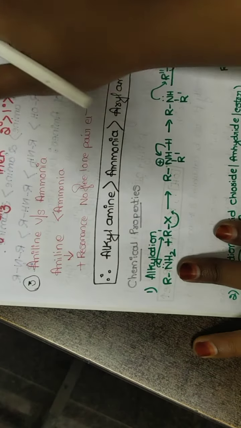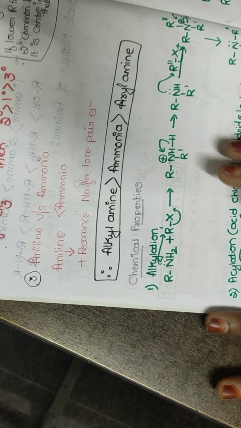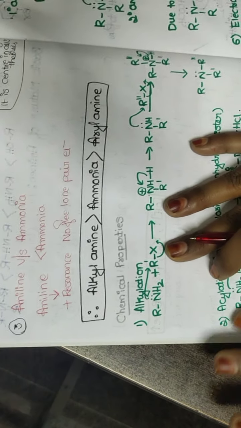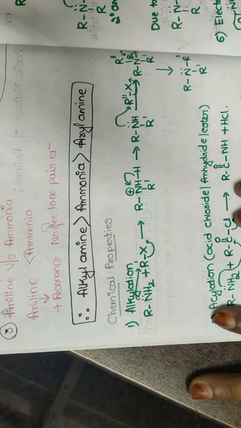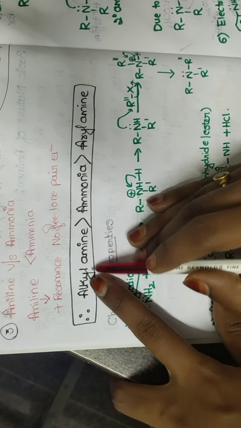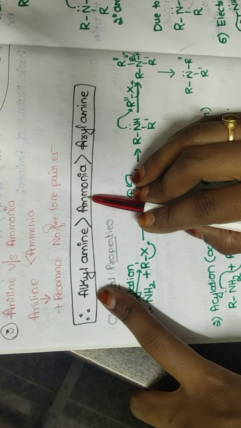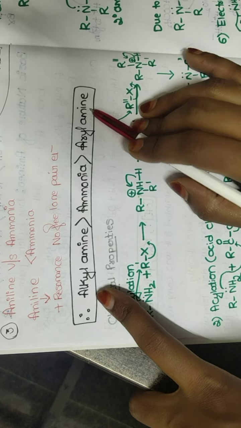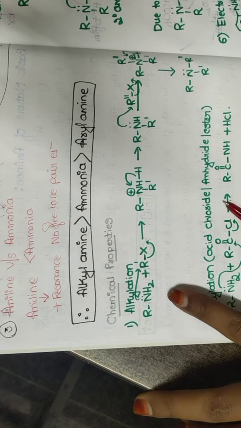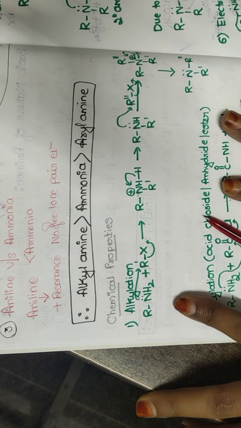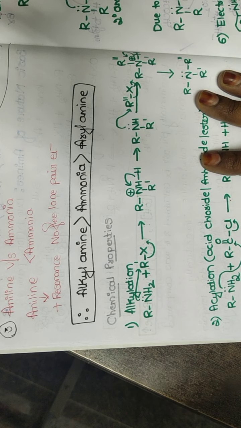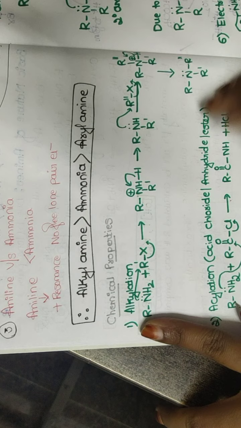So like this, we have understood the basic character among alkyl amine, ammonia, then the three amines, primary, secondary, tertiary amines, basic character, and finally aryl amine versus ammonia. So finally we can conclude that alkyl amines are highly basic when compared to ammonia. If I compare ammonia with the aryl amine, ammonia is highly basic when compared to the aryl amine. So this is regarding the basic character, which is one of the chemical properties under amines. Then next we have to move on to various chemical properties, that is, various chemical reactions. We'll do that one by one.